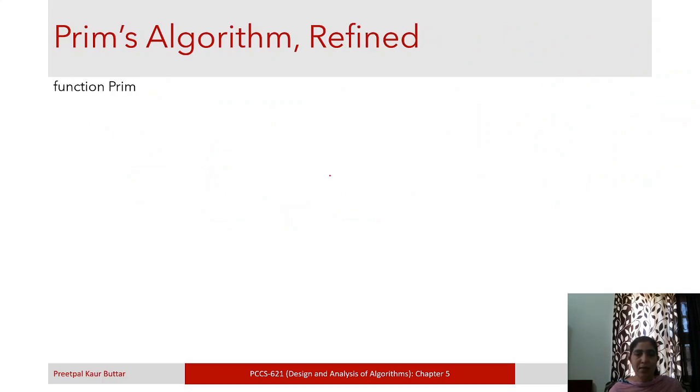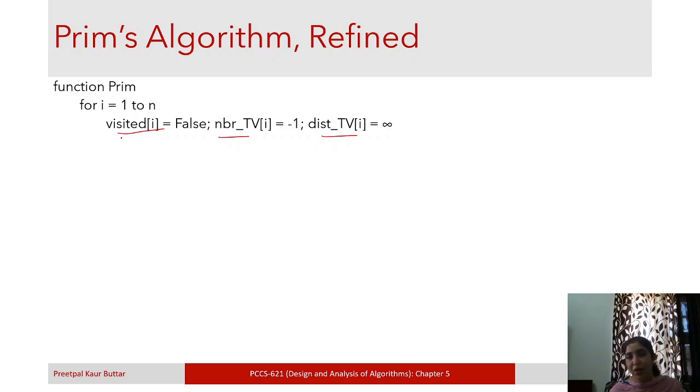So now this is a more formal algorithm. The previous was a kind of pseudocode. Now this is a more refined version. So for i equal to 1 to n, we will take 3 arrays: visited, neighbor and distance. Visited means whether we have added a particular vertex to that minimum spanning tree or not.